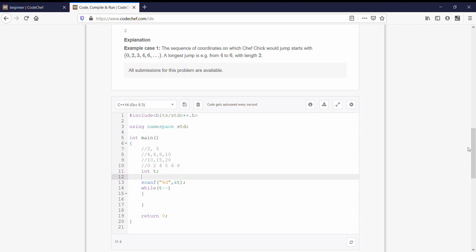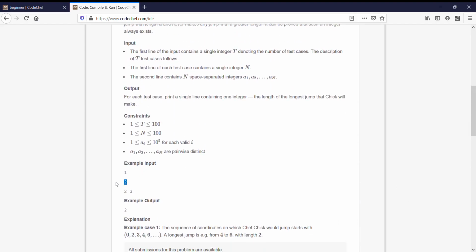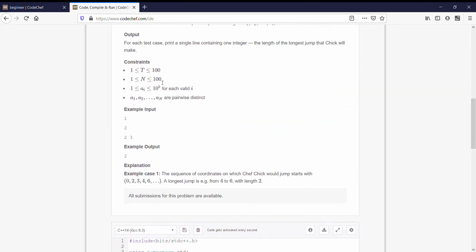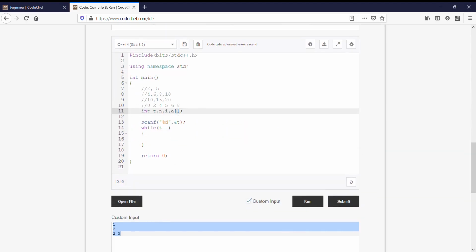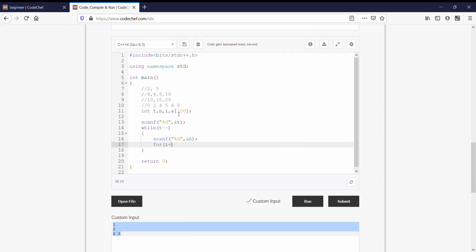So first let us see the input format. It is said that first you have to take n, then n numbers. So you would be taking n and an array of maximum size, here said as n equal to 100. So a of 100, taking an input n, taking input of the series of favorite numbers, which will be stored in array A. Now we want to find the smallest number.